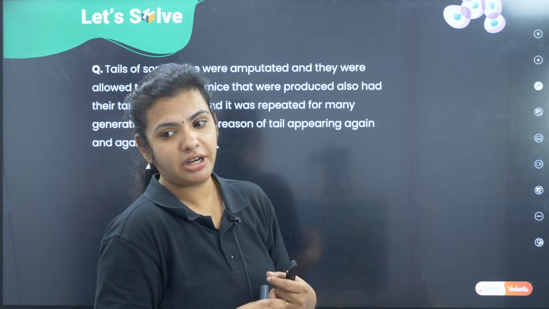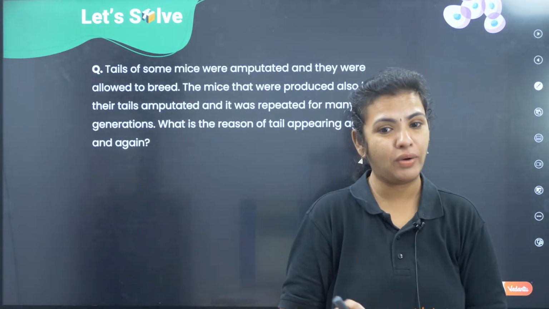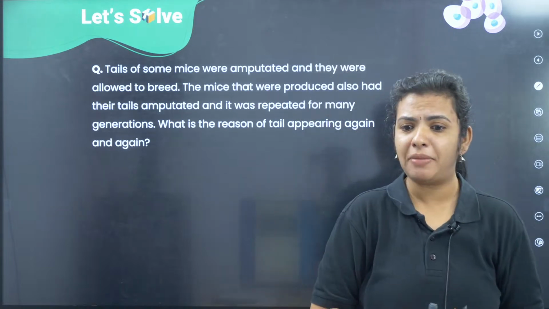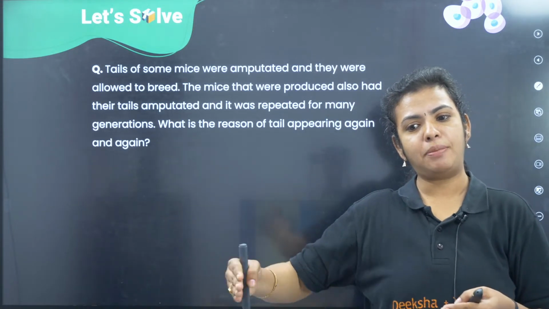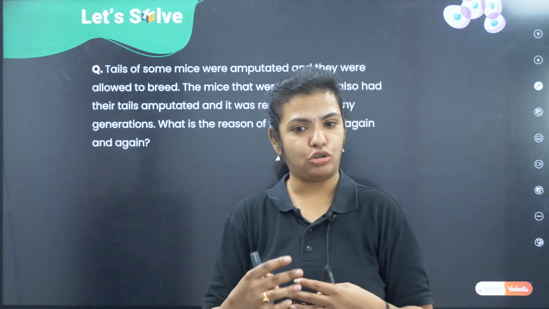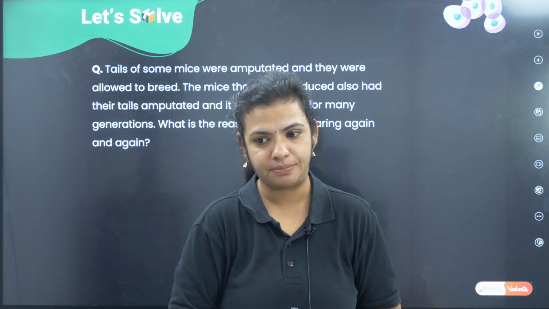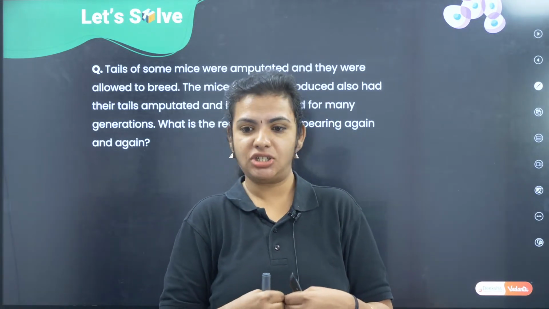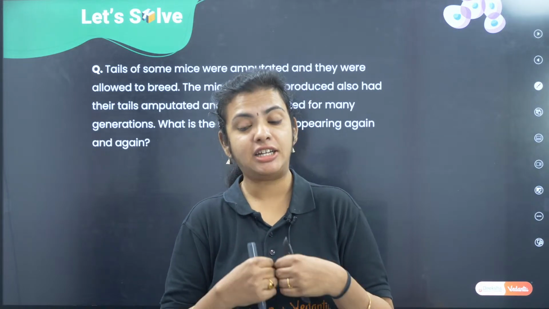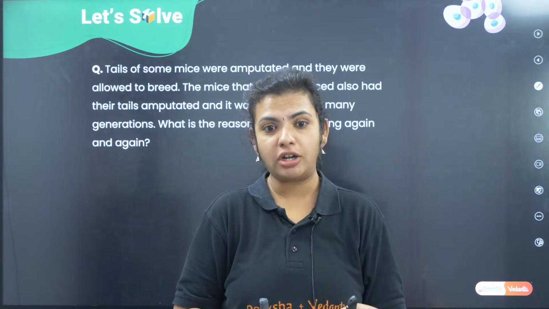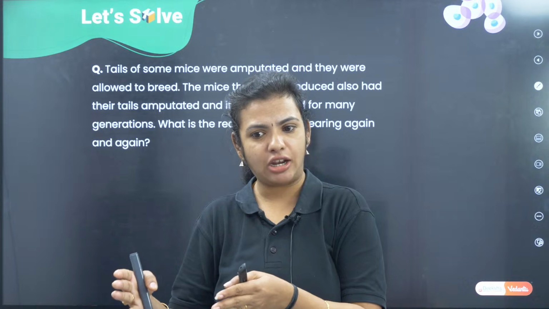Actually, this is an experiment conducted by a scientist called Weismann. Okay. So, what this person did is, he took the mice and he cut the tail of the mice. Okay, and the mice were allowed to reproduce. They underwent sexual reproduction and they gave rise to pups. Okay, they had children, and the scientist Weismann observed that the new pups which were born, they all had a tail. Okay, what Weismann thought is, I have cut the tail of the